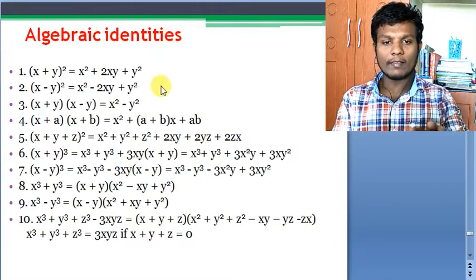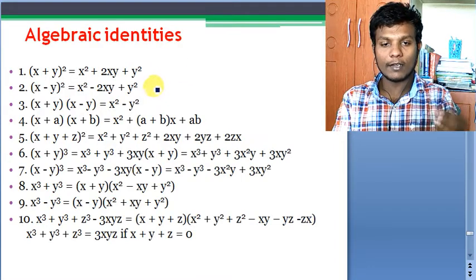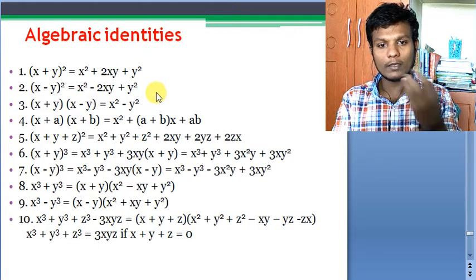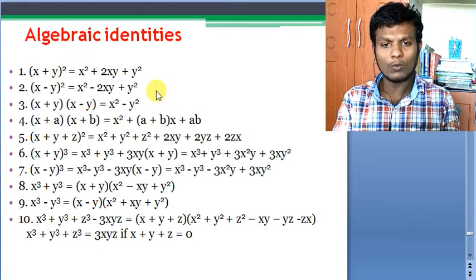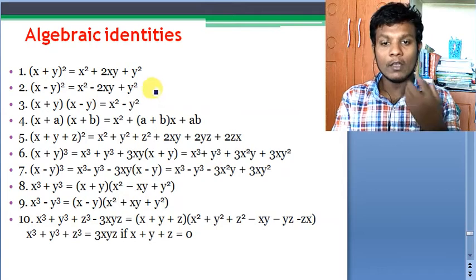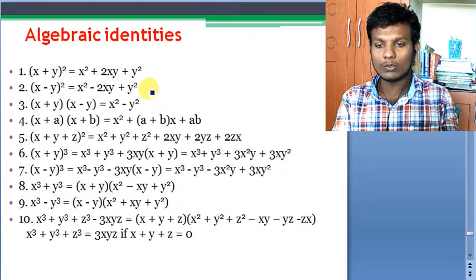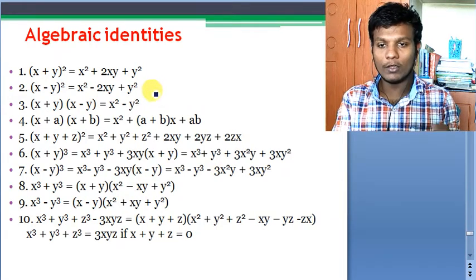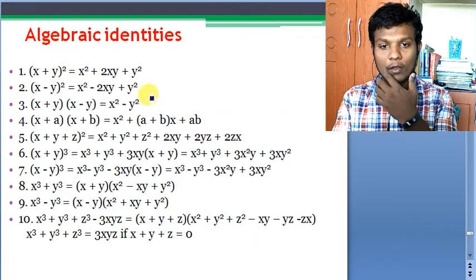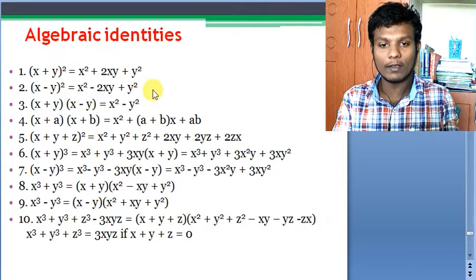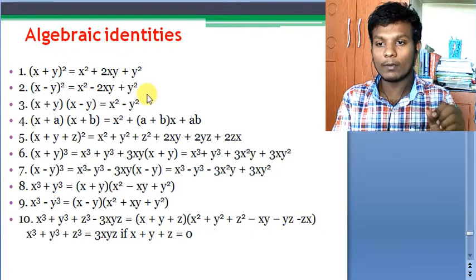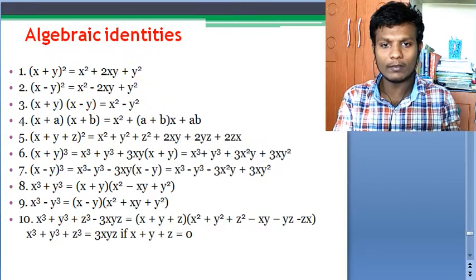These are the basic algebraic identities right in front of you. But the question is, how can we remember them? Is there any logic between them? How do we identify all those things? So we shall see. First, let me explain an important concept, and with that example you can write any algebraic identity very easily. Let us see what it is.